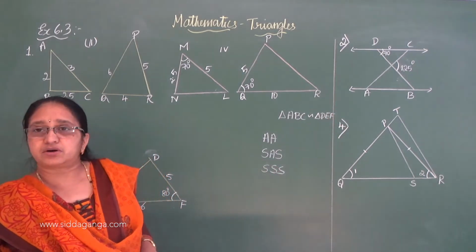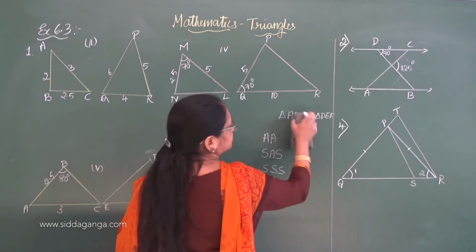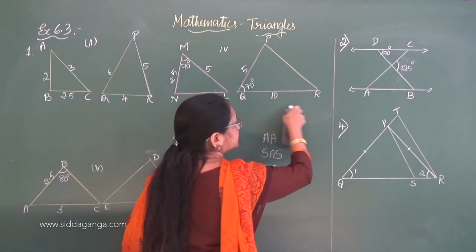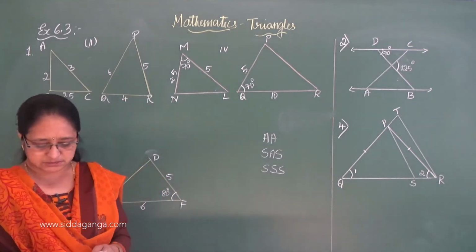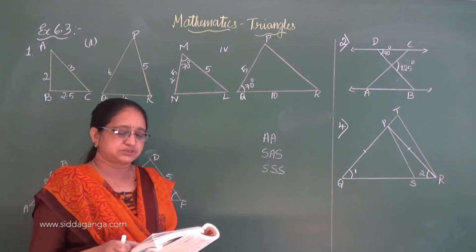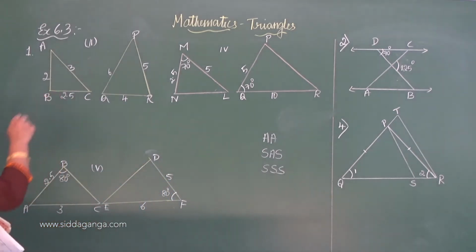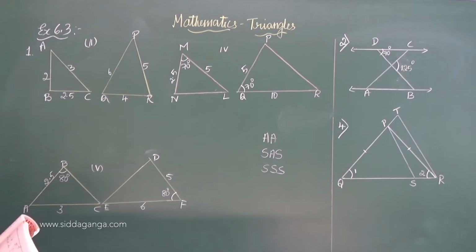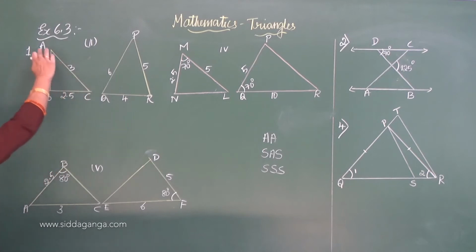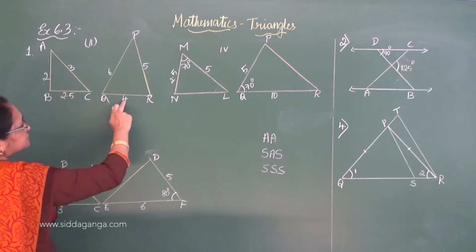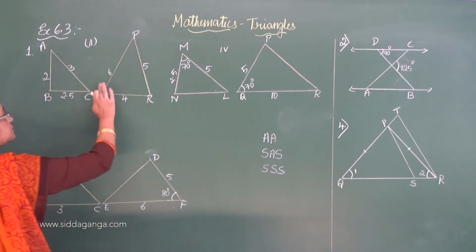But it need not be in order, you all know. It depends on the corresponding angles and also the corresponding sides. Okay. Now let us try to work out the second one. You just look at the figure here. The second one which I have done for you, the diagram is there. So here, see, AB is 2 and PQ is 6, and AC is 3 and BC is 2.5 and QR is 4 and PR is 5 and PQ is 6.